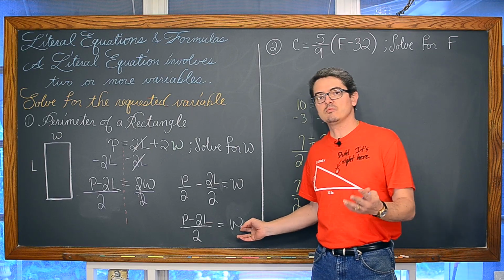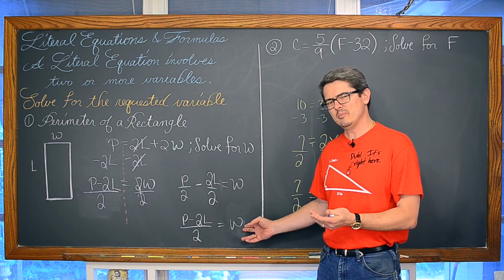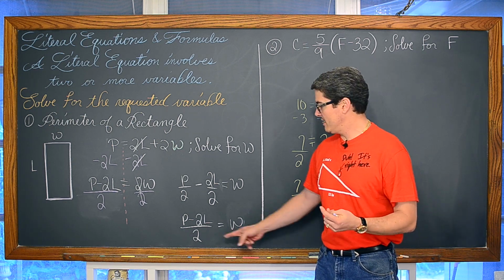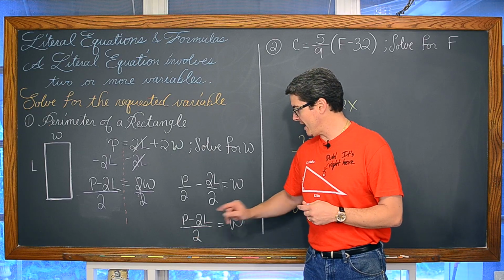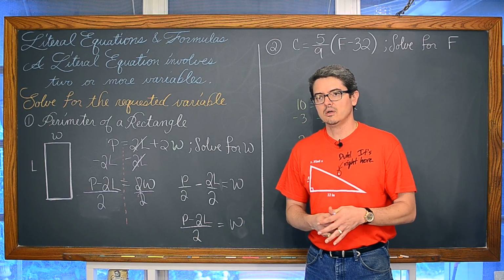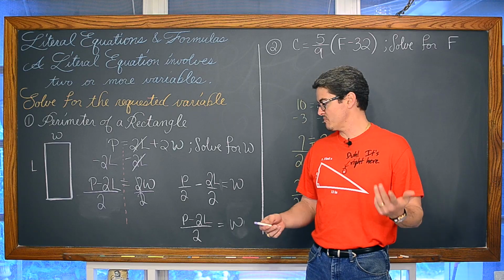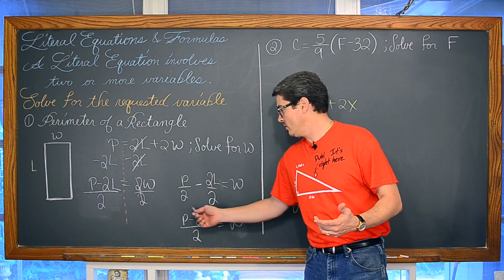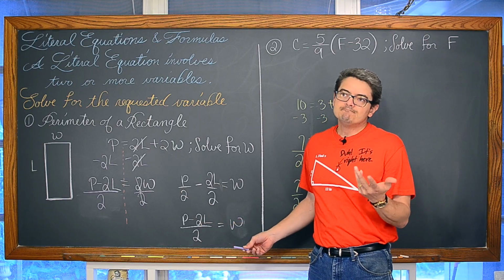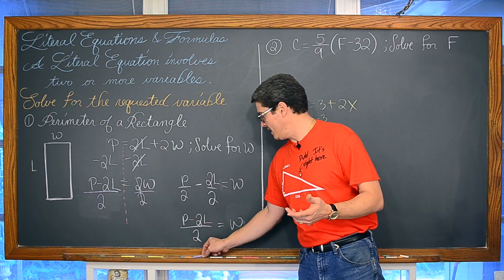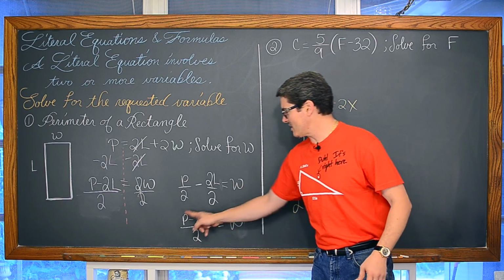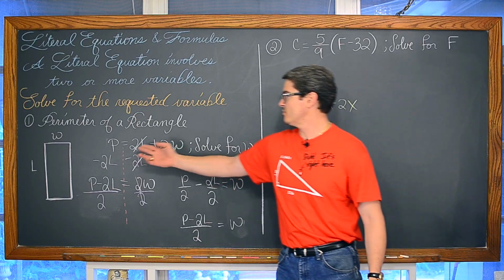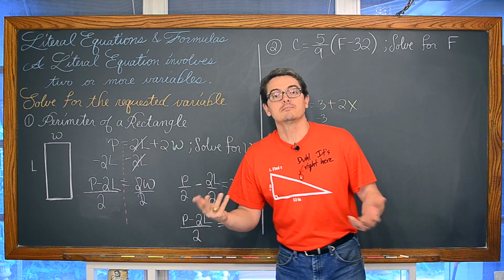Now, again, like I mentioned before with the Excel spreadsheet, I've got W, basically the width of the rectangle, being explained or described by the overall perimeter of the rectangle and the length. So if I have a particular rectangle whose perimeter is 30 and whose length is 2, I could put in 30 and 2 and work out this arithmetic and know that the width, I would just work out the arithmetic to find W, which would be great if you're doing an Excel spreadsheet, but you could also put in the perimeter and length here and hopefully solve for W.